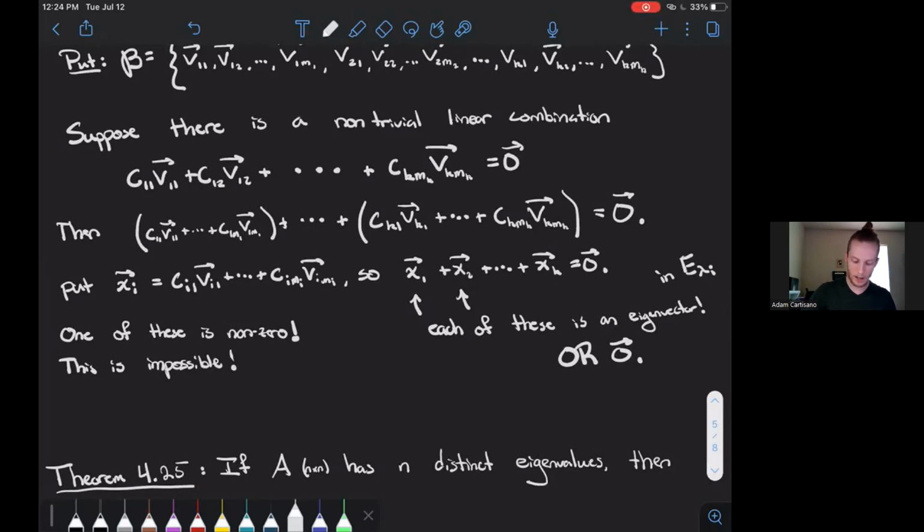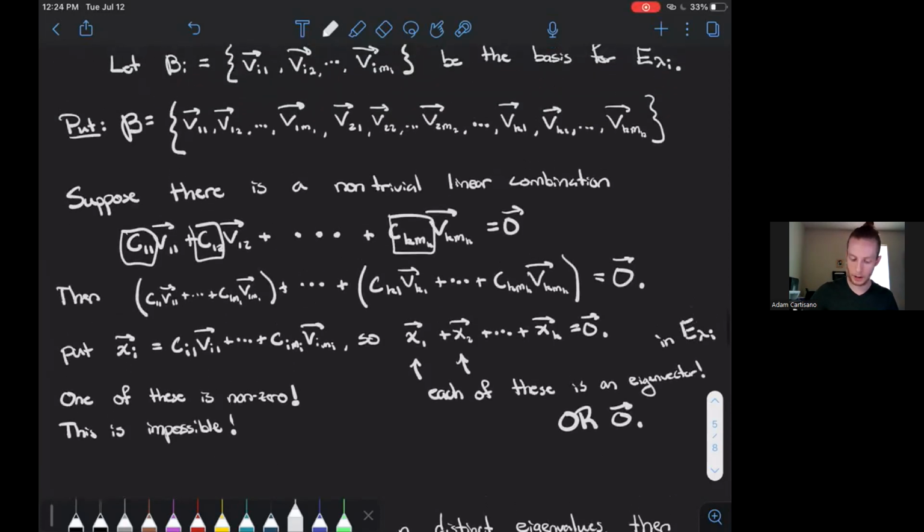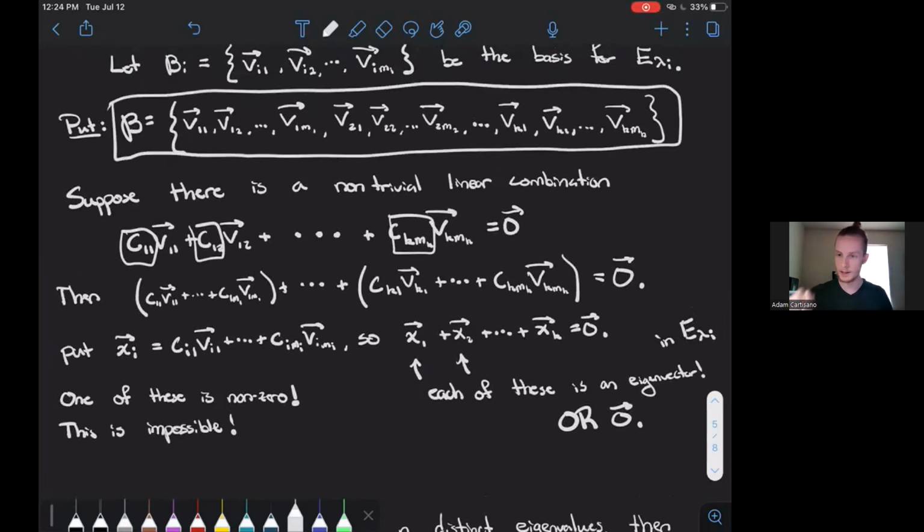And so instead, each one of these xi's must be zero, which means that each of these coefficients in our linear combination must be equal to zero, which means the only logically consistent linear combination of vectors inside of this gnarly set, which gives the zero vector, is exactly the trivial linear combination,